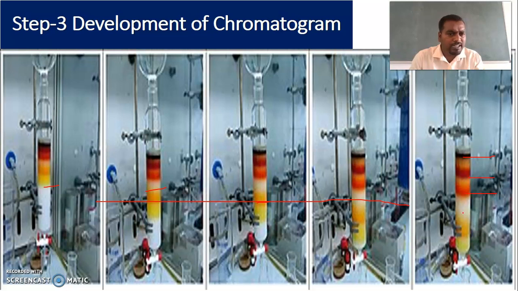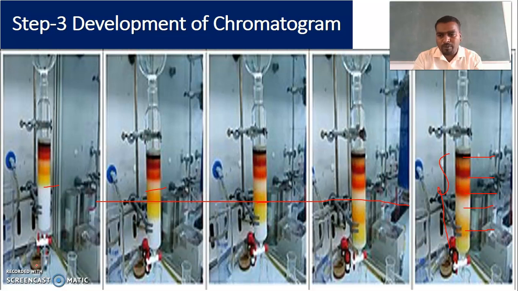Each color indicates an analyte, and these analytes are located at different parts of the chromatographic column. This is called development of chromatogram, the process of separating the given analytes to form different bands in the chromatographic column, and this is called the chromatogram.